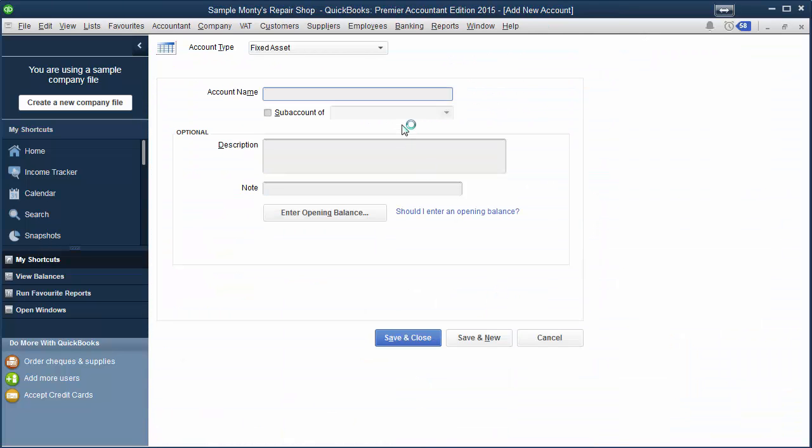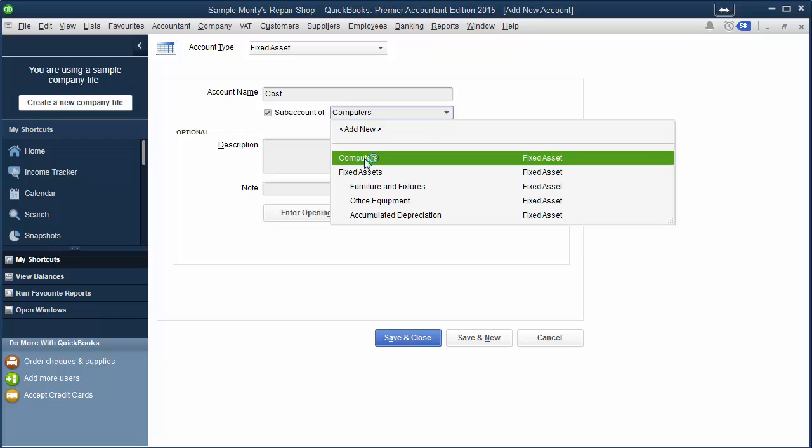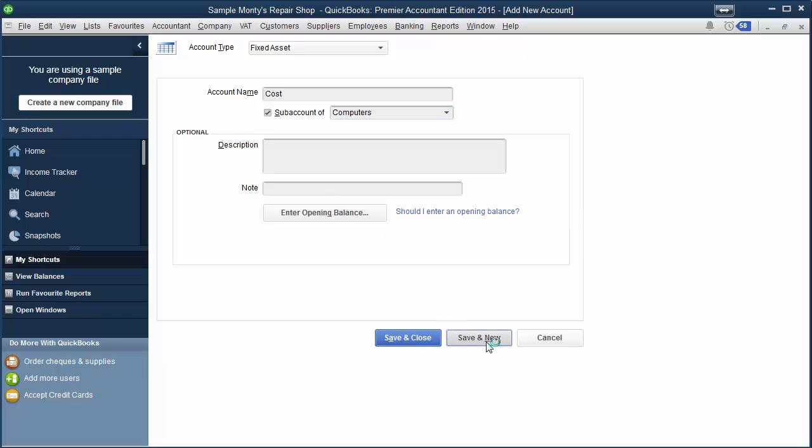So we're going to create an account here that's called computers. So I'm going to save and new that, and then I'm going to create two sub-accounts of this particular account. One of them I'm going to call cost, which is a sub-account of computers. Save and new, and the other one is called